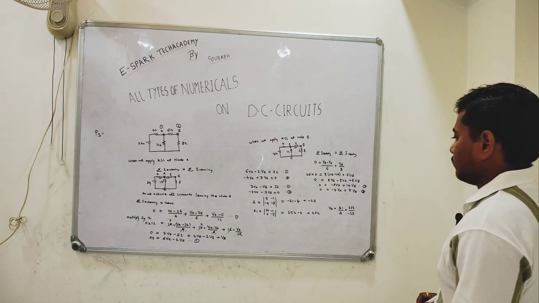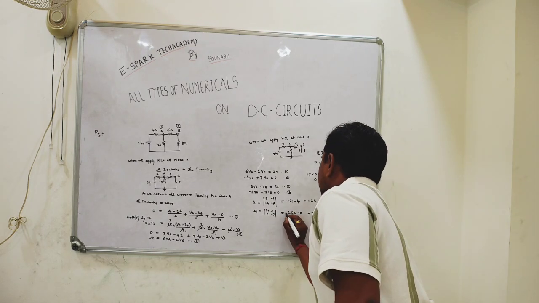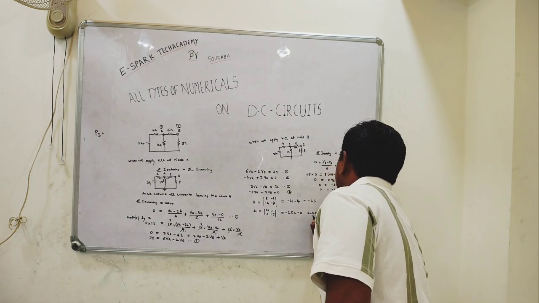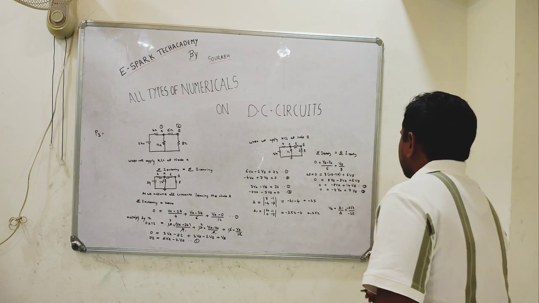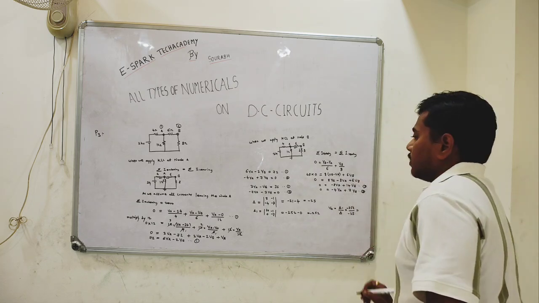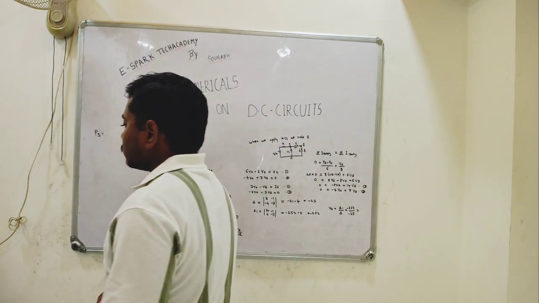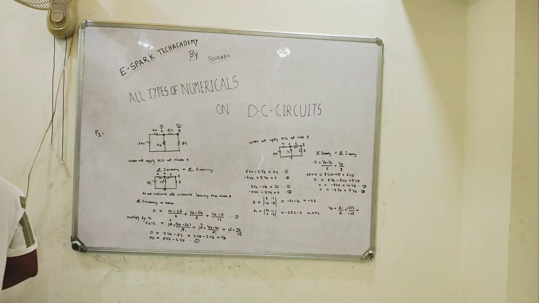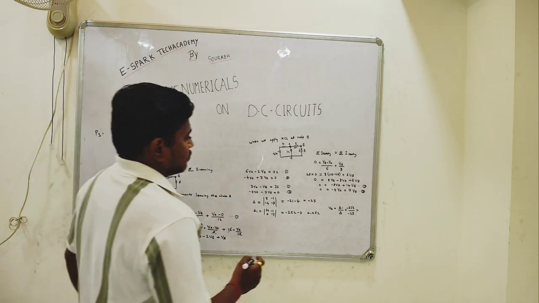Let's see, this is also a minus value. This will be minus, this will be minus. You will get the answer as 14.82